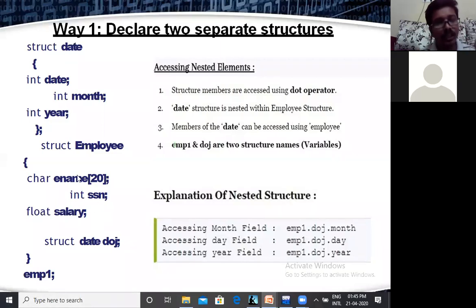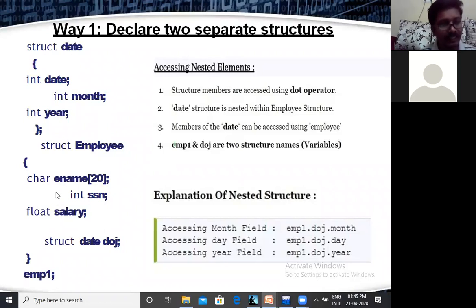So in this employee we access the employee elements as well as date as one of the elements of the employee. Actually date is one of the structures. So again we can prove we can define structure within structure, which is also called nested. Finally, employee contains one variable, emp1.